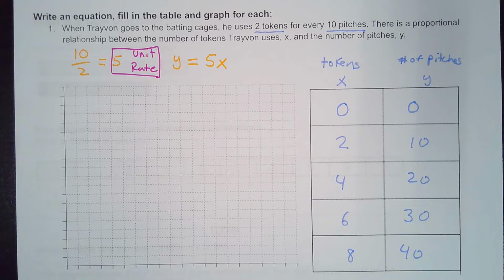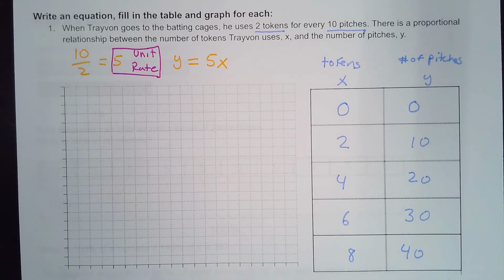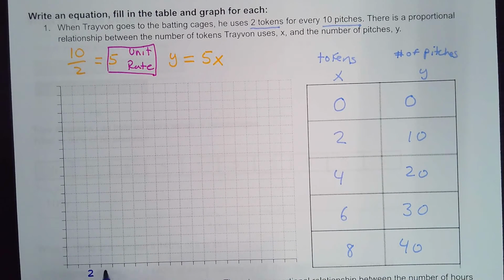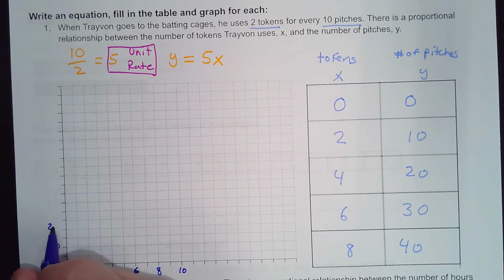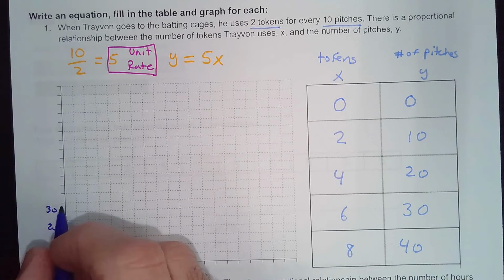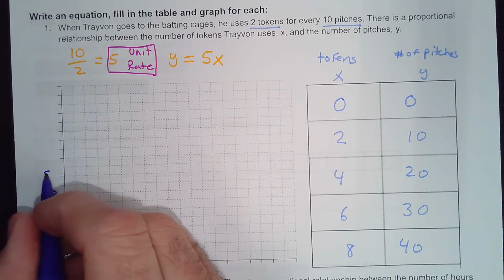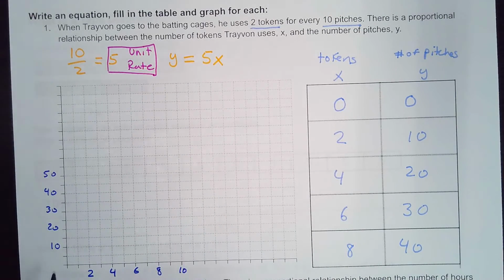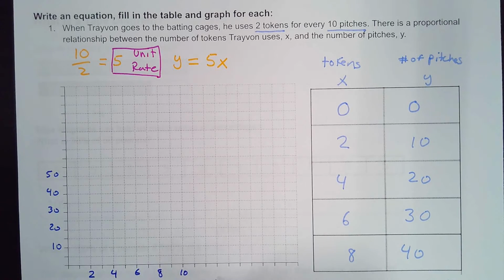So if we were to create a graph, what do you think we would want to put here and here? Well, here's our x-axis, right? So we have quite a bit of space, so let's do 2, 4, 6, 8, 10. We'll do that for now, and then going up here, let's go up by 10: 20, 30, 40, 50. So for every 2 tokens, and let's label this tokens,